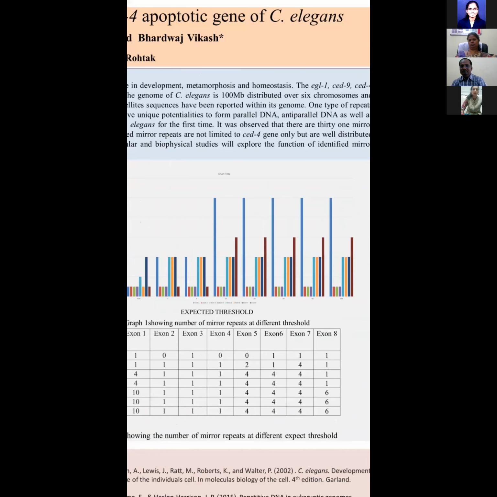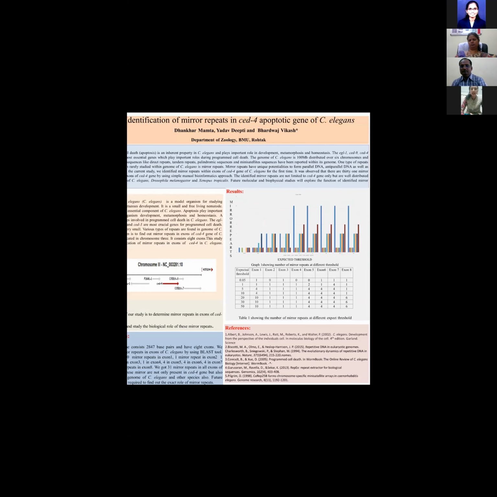So future molecular studies are also required to find out the exact role of mirror repeats. There might be a possibility they play an important role in apoptosis. Like VNTR, which is a part of repetitive sequence that plays a very important role in human DNA fingerprinting. Thank you. Madam, you have told that satellite DNA and these are also repeats, then